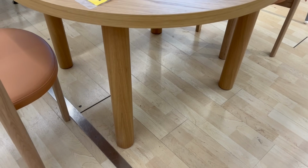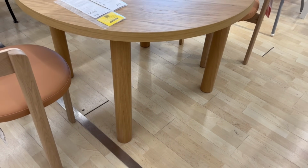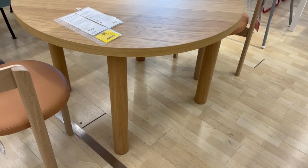Here we have this oak dining table, which is available in a round and an oval option. I think this is a really good table. I love the simplicity of this. Such a simple and minimal design really gives you an opportunity to experiment with a more statement dining chair. If you are someone who hates assembling IKEA, this has a wedge dowel system for attaching the legs that looks